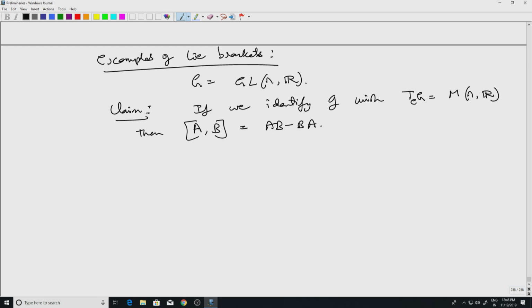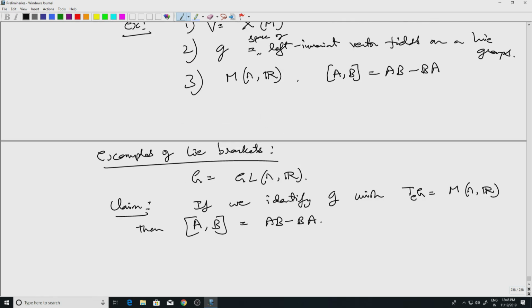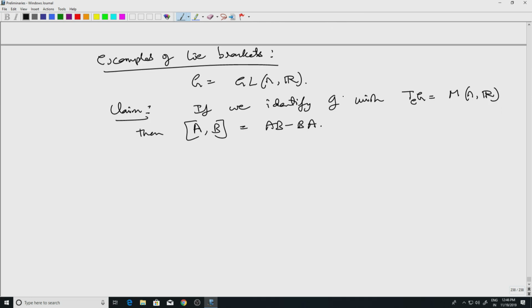So let's prove this. This is what I said a few minutes earlier, that the third example is a special case of 2. If we take the Lie group to be GL_n(R), the set of left invariant vector fields is identified with the tangent space, and it's M_n(R). The point here is that the Lie bracket operation coming from vector fields is the same thing as this matrix operation AB minus BA. For that, we'll need a few lemmas. So the first lemma is that,